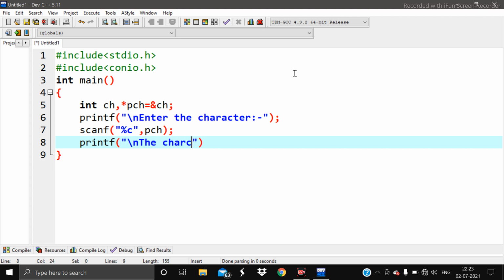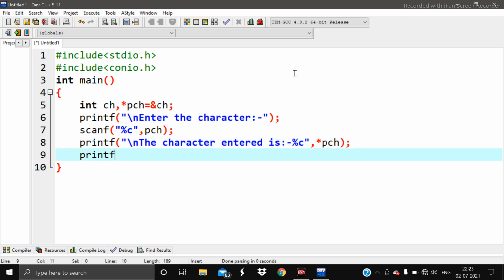The character entered is %c. Here the pointer will be used, the dereferenced pointer. Again printf, and the ASCII value of the character is %d.